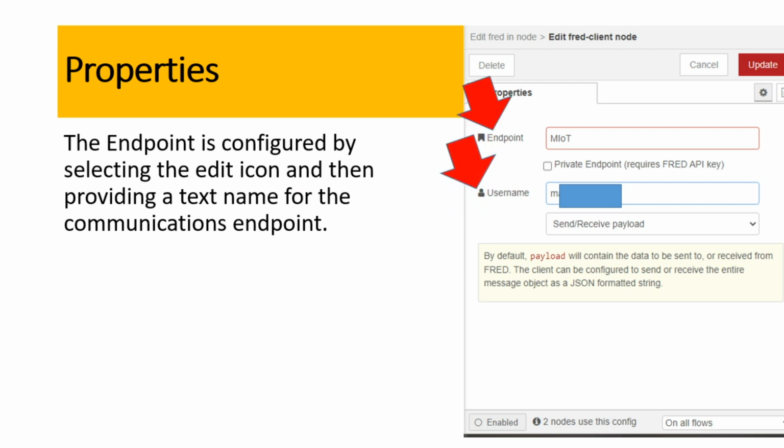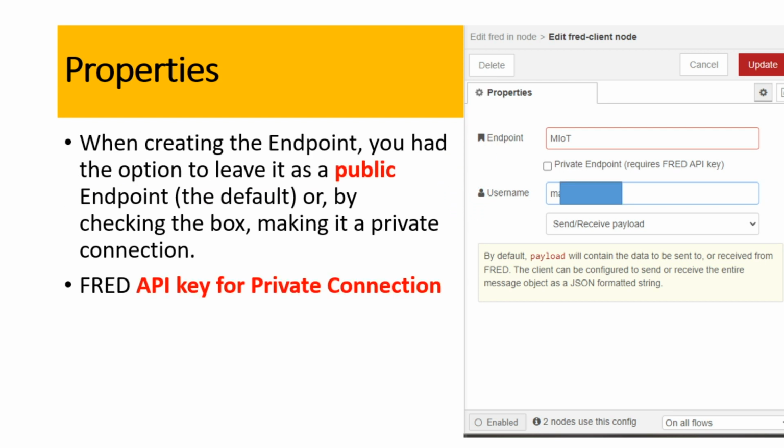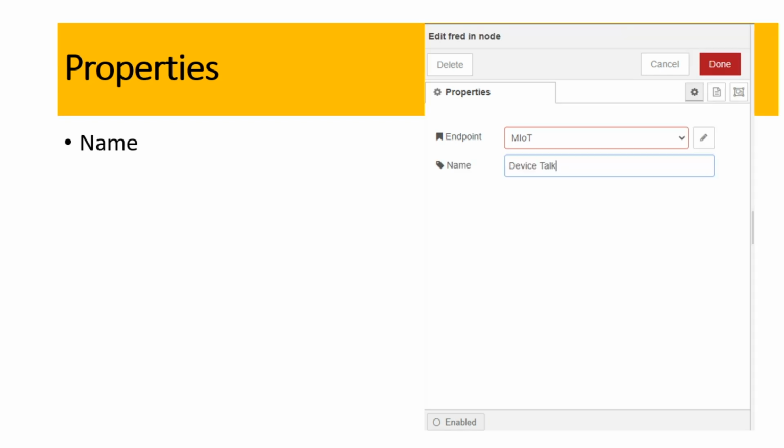Okay, then give update. Before I go into the update, as I said earlier, these endpoints can be a private endpoint or a public endpoint. If it is not selected, then it ensures that we are going to provide a public endpoint. If you have an API key, then you can go for a private connection. At the end of the session, I'll show you how to set up this private connection and where to retrieve this API key as well. So this is all about your endpoint.